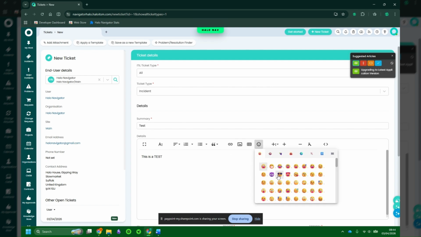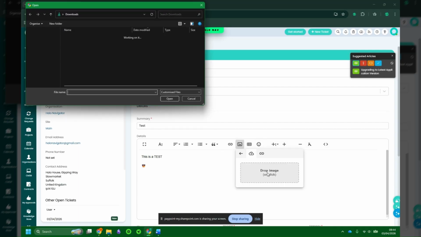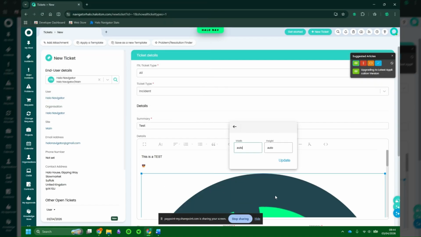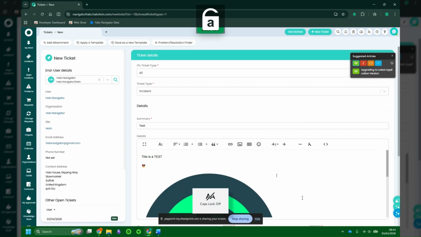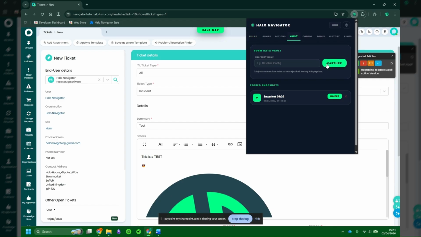Go. We're going to add a section in. Drop and click. We'll add an image in. Let's do the logo. Give it a resize. Yeah, it's huge. Update. There we go. Turn caps lock off. Okay, so to capture text, you can either head up to the extension, then Vault, then